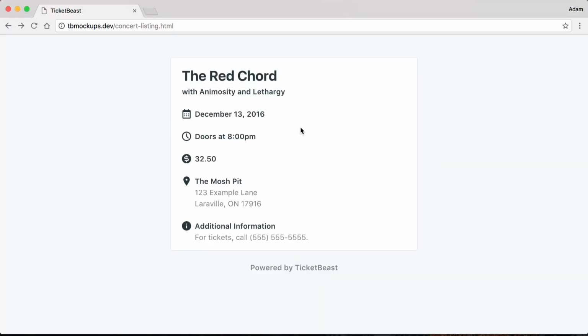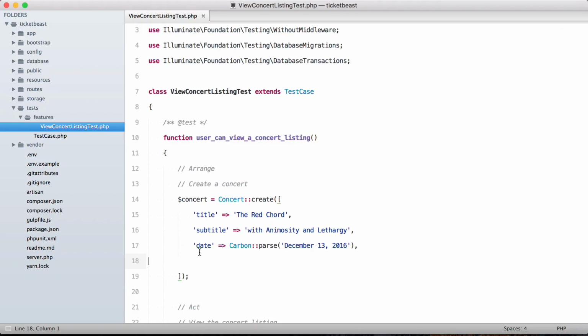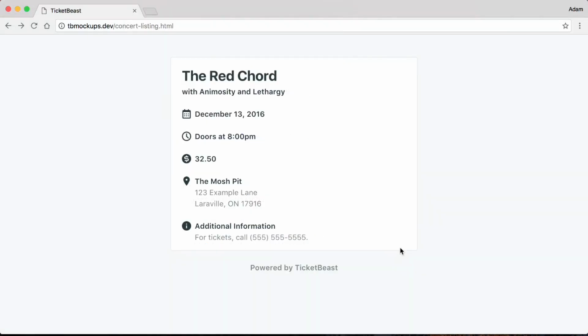Now the next thing is the time that the doors open, so the time that the concert starts. We could add a separate field to keep track of that time, but since we have real datetime columns, we could combine this all into just one field. So the concert date time is going to contain the date of the concert as well as the start time of the concert. I think that's probably a good approach to take. So let's just stick 8 p.m. at the end of this string here, and we'll keep it all in the concert date. It seems like a reasonable way to go. The next thing that we need is the